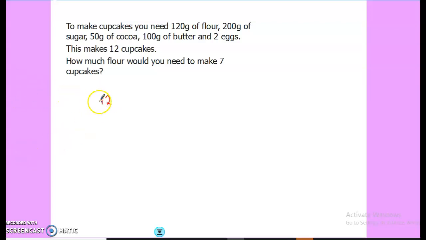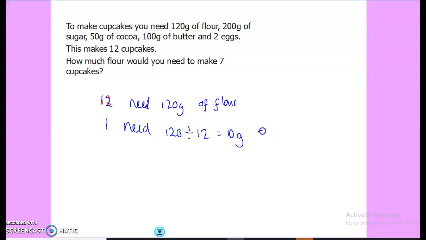To make 12 cupcakes, we need 120 grams of flour. If I only wanted to make one cupcake, then I would need a twelfth of that. So I'm dividing by 12. So I would need 120 divided by 12, which is 10 grams